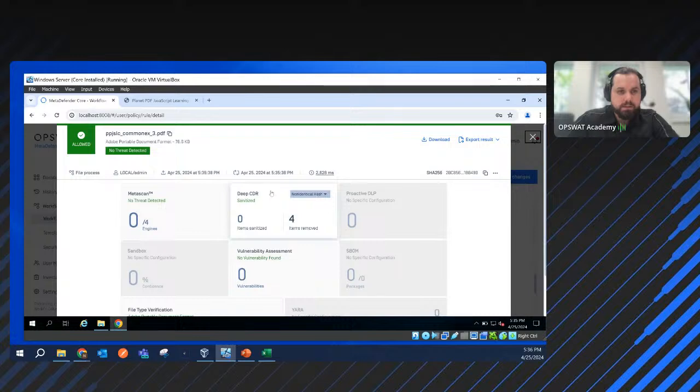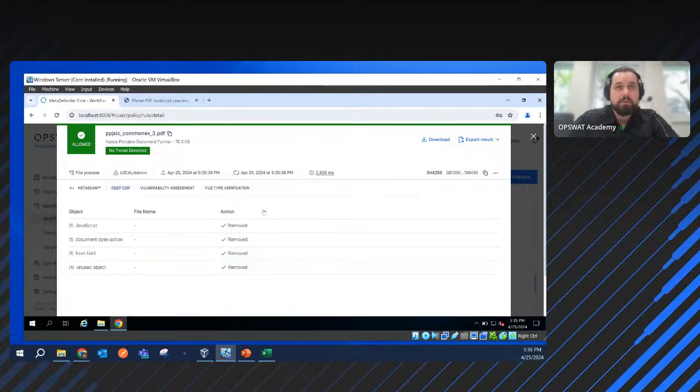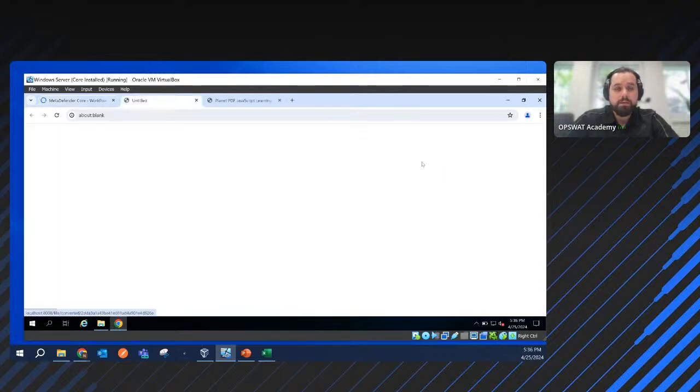So we process the PDF. You can see that there's still no hit, which is fine. But now we have this new item here, Deep CDR. And it actually tells you that there are things removed from the file. Some JavaScript was removed, document open action, a form field. So let's download this altered version